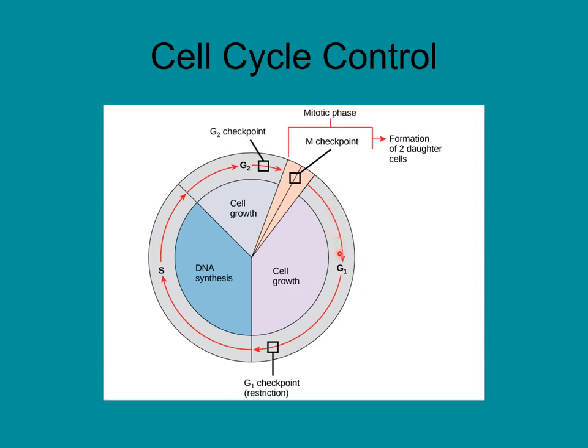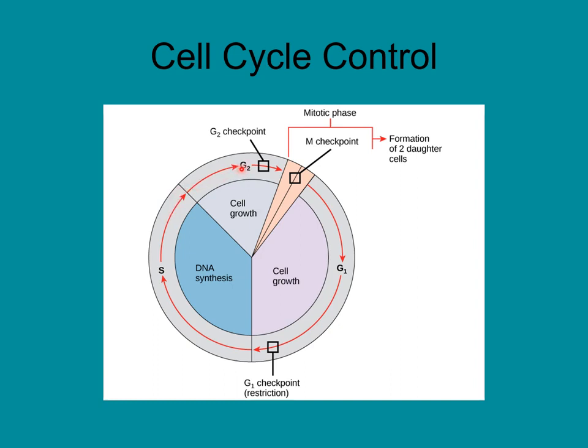So once again, you have a brand new cell. It enters into that G1. It's growing in size. There is a checkpoint here. If something is picked up and it is determined that there's something abnormal going on, that cell will not be allowed to continue into the S phase, which, remember, is when your DNA replication occurs. If everything passes, everything's okay, that cell is allowed to continue through the S phase where you have the DNA replication occur, and then it goes into the G2